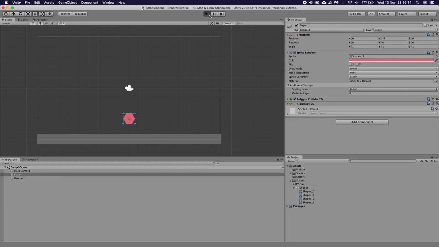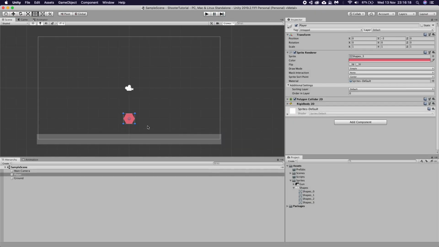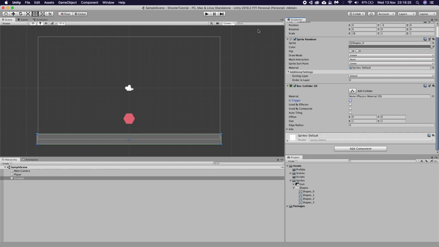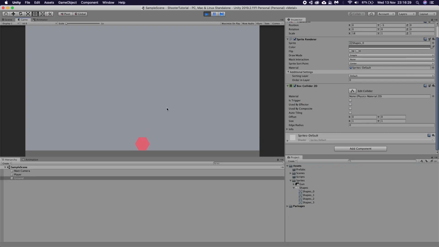So let's click play. I know this could do nothing but fall down, but let's just see if he falls. And oh, he fell right through the ground. Did I put a polygon collider on the ground? Box. Oh, I accidentally ticked its trigger. Don't tick its trigger, because if you do that, he'll fall straight through it. There you go. Nice.